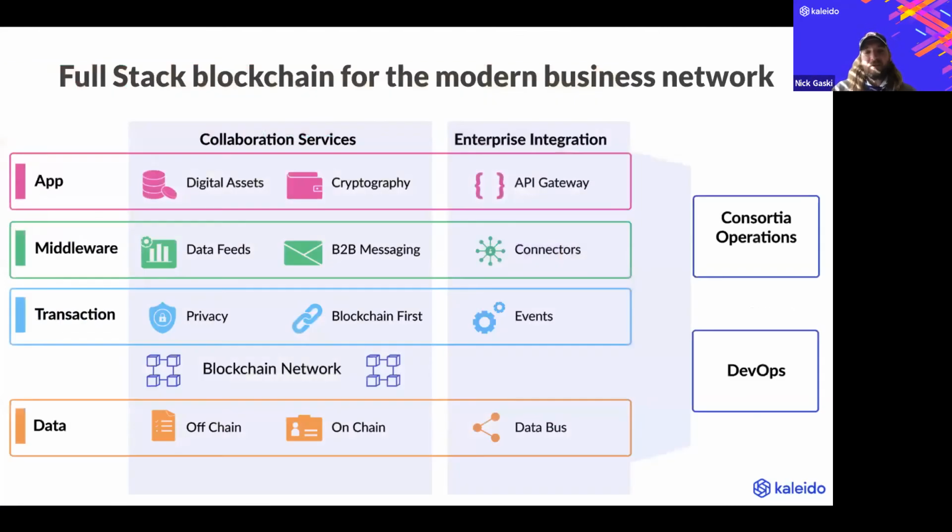And in Kaleido, as I showed you on one of the initial slides, we've coupled our marketplace and all of those ancillary services along with a wonderful enterprise grade blockchain as a service offering here. And I've used this slide many times, but we'll run through it. We see 4 distinct layers in what we'd call an enterprise application stack. The data layer being very, very interesting.